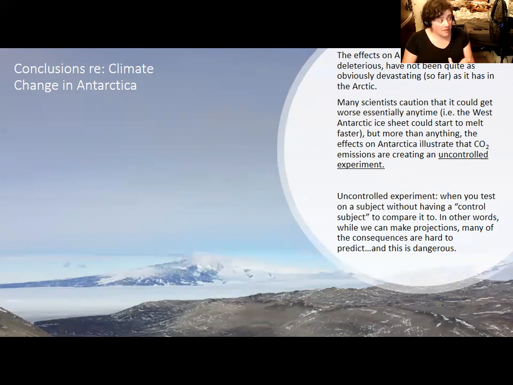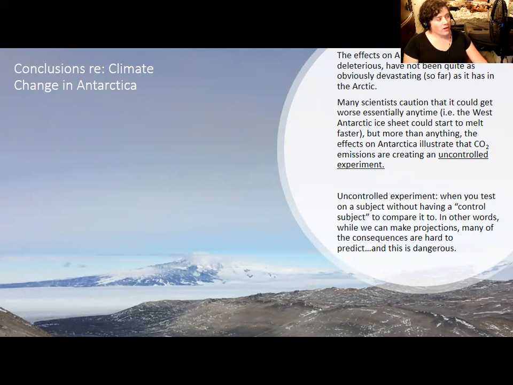I mean, we can make some guesses, but we don't really know just how out of control it's going to get. And we don't have a stable planet to retreat to or compare it to. We are doing something unprecedented, with the possible exception of the Permian extinction, which is not something we should try to replicate, because remember that 96% of all marine life died off as a result of that. This is dangerous, needless to say.